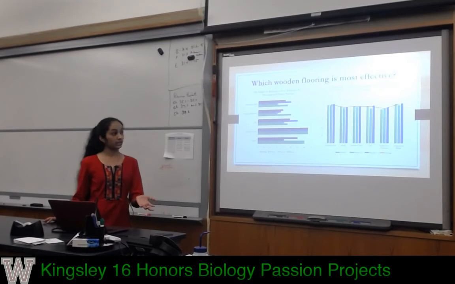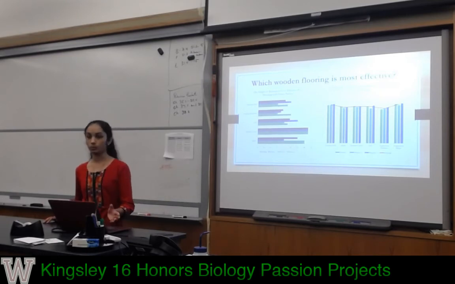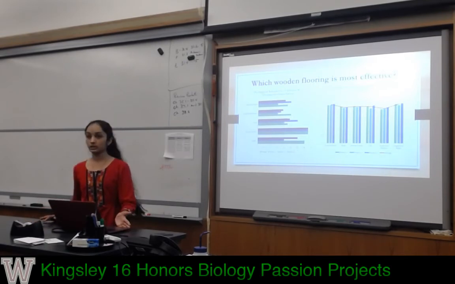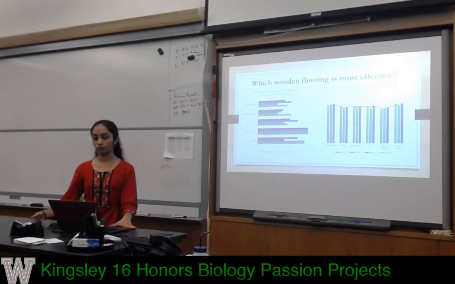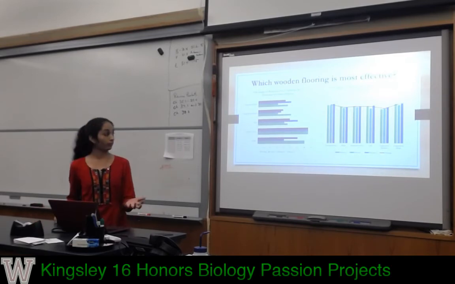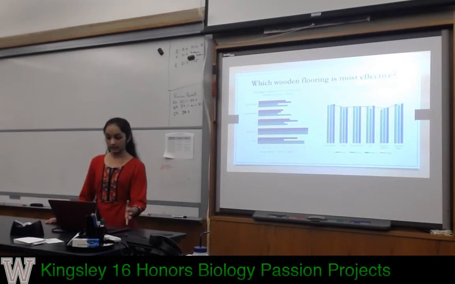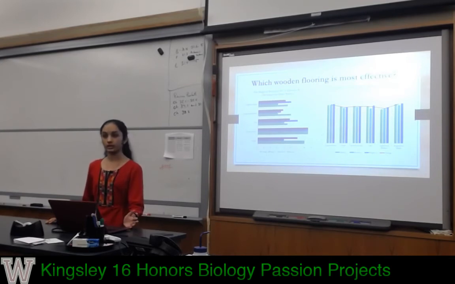I went on to do the same experiment. I did it twice, once where the wood pieces were on concrete and once where the wood pieces were on the dance pad. So obviously when the woods are on the dance pad, it will be more absorbent. The dance pad is specifically created so that it will be more absorbent, whereas the concrete is not absorbent at all. So from my experiment, the results told me that engineered bamboo was the best type for dance studios, and it has the most give and it's also the most absorbent.